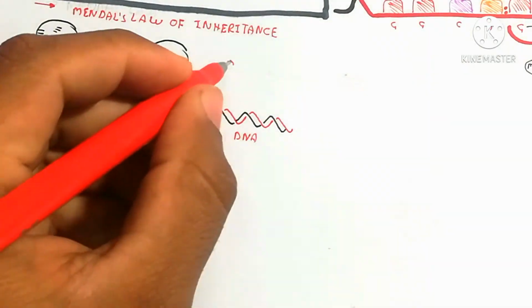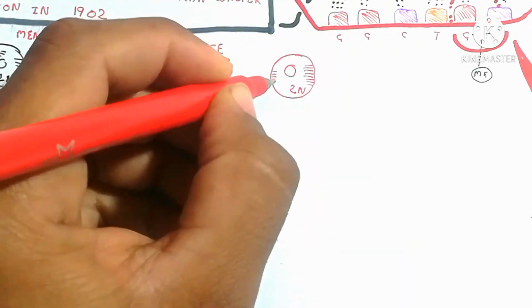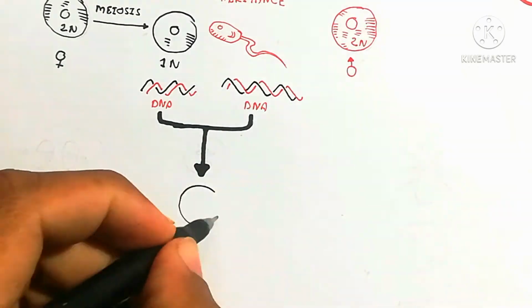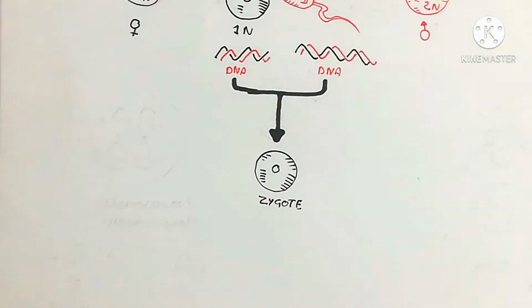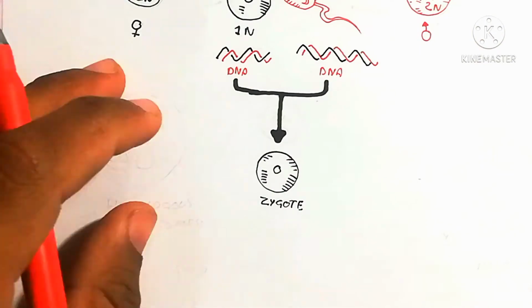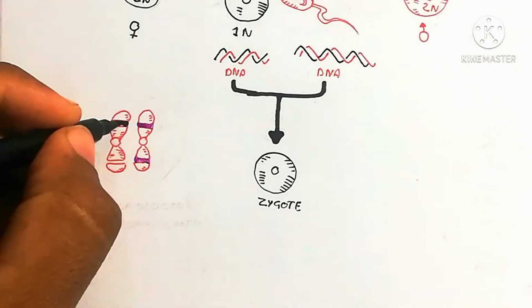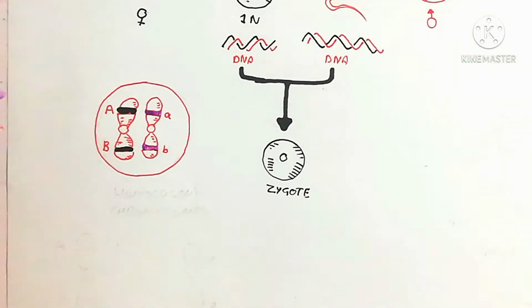So here is meiosis, in which the 2n somatic body gives a 1n egg and 1n sperm, which contain half the genetic material, meaning half the chromosomes in the form of non-paired 1n. These attach again to give a zygote, and this zygote gives DNA. So basically the complete 2n is formed again.